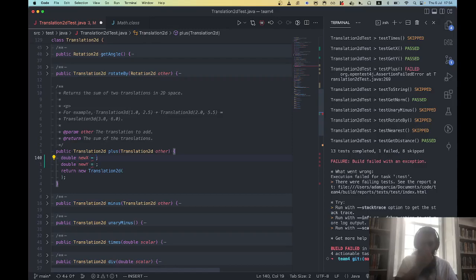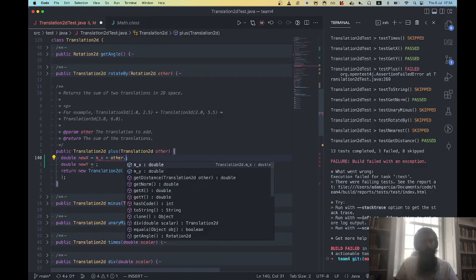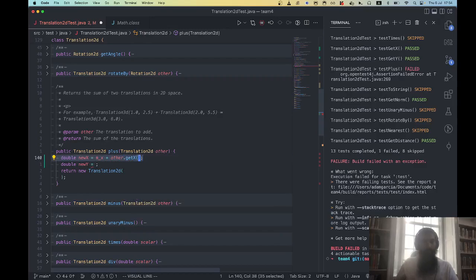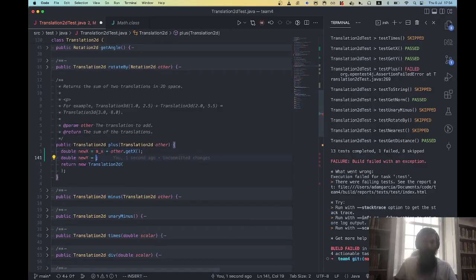Okay, so the x value. I need to take my x value, which is m underscore x, and add to it the other dot get x. So I'm taking the two x values, my x value and the other's x value, and adding them together. Similarly,